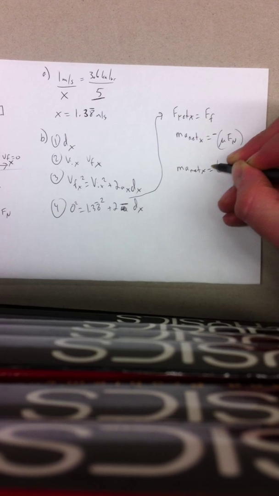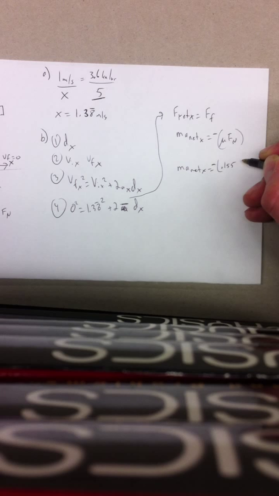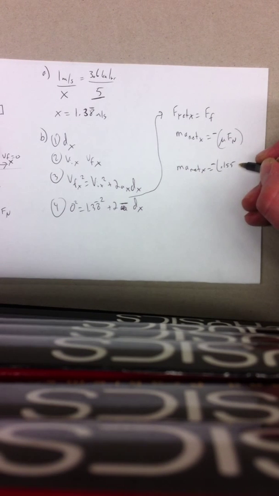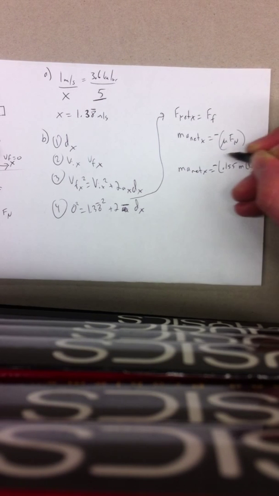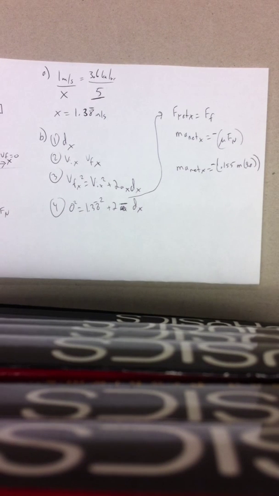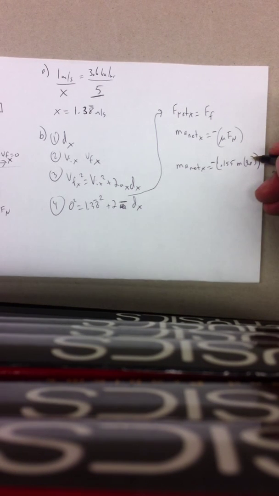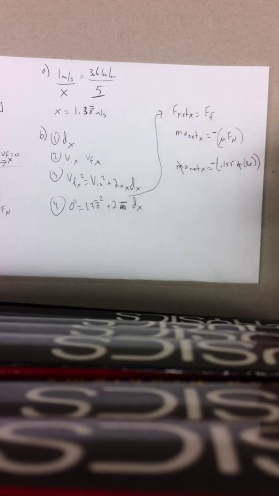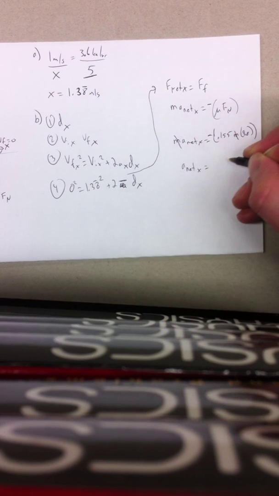Now, mu is given to us. It's 0.155. And the normal force is equal to mass times positive 9.8, because gravity is negative 9.8, and so the normal force is equal and opposite. So this m and this m cancel out. So a net x is equal to